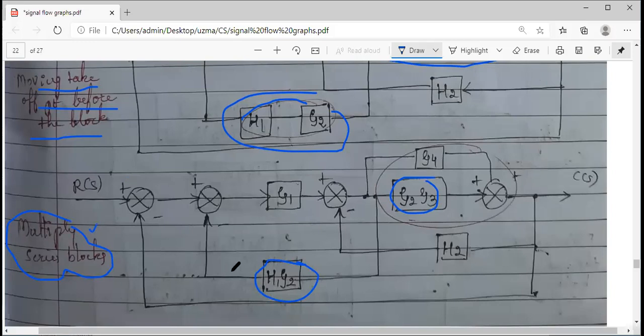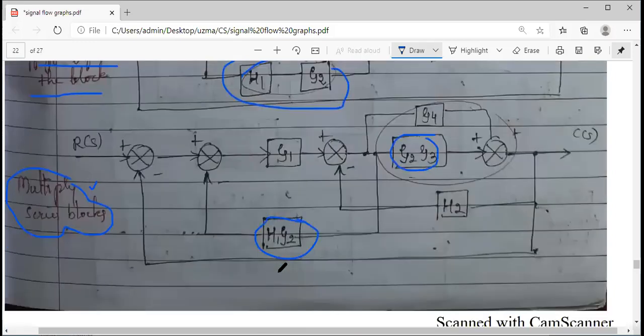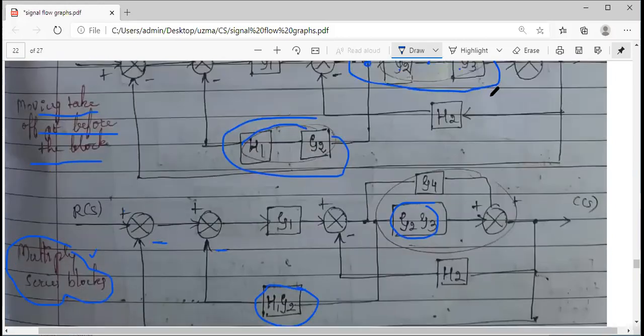And once you want to do it, you can also do it individually. It's a tedious thing. Redrawing again and again the same structure without missing a single plus and single minus. You should be very careful. If you change one single sign in the confusion, the complete problem will go wrong. That's why you should be very careful.